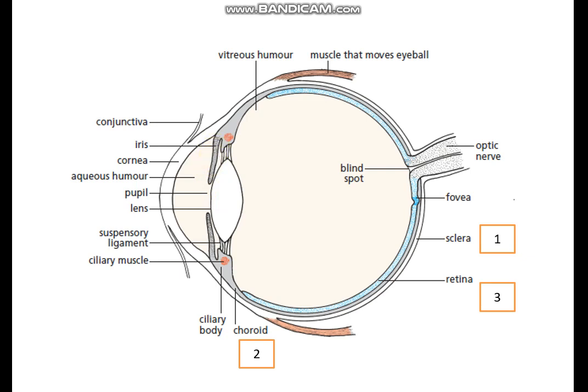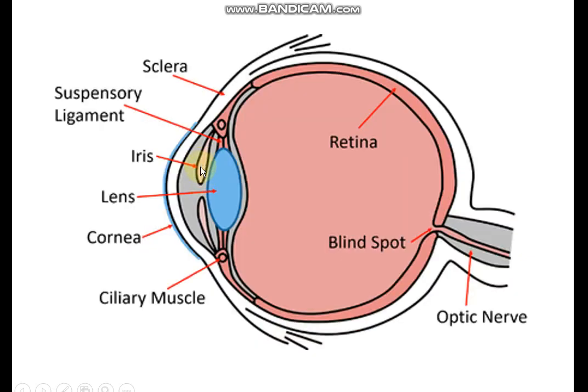What is the function of the iris? The iris is the colored part of your eye which can expand and contract to control the amount of light that enters your eye. So basically, this is the iris, and this is the pupil. From this diagram it is also clear that iris and pupil, both these structures, help to control the light intensity which is entering your eye. So these are 2 structures which are there to control the light intensity.